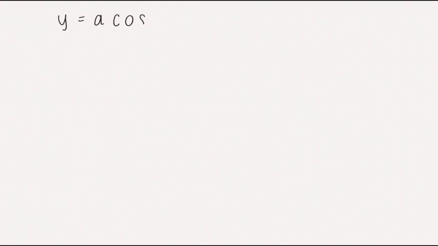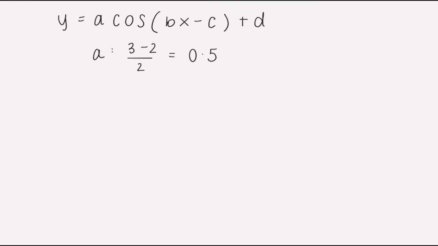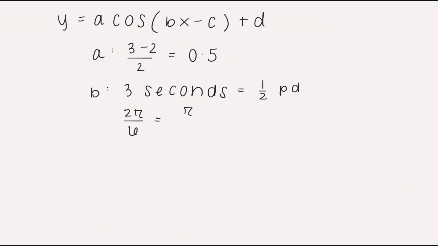So if you have the equation y equals a cosine bx minus c plus d, the a value is 3 minus 2 divided by 2, which is the maximum minus the minimum divided by 2, which is half. B: 3 seconds is half the revolution because that's the time it takes from the maximum to the minimum point. So one revolution would be 6 seconds, so you would do 2 pi divided by 6, which is pi over 3. C is 0 because it's not shifted horizontally, and D is 0.5 plus 2, which is 2.5,